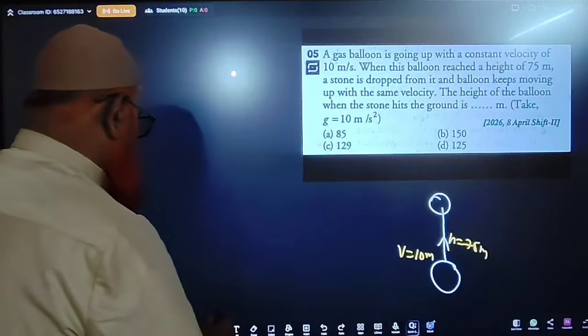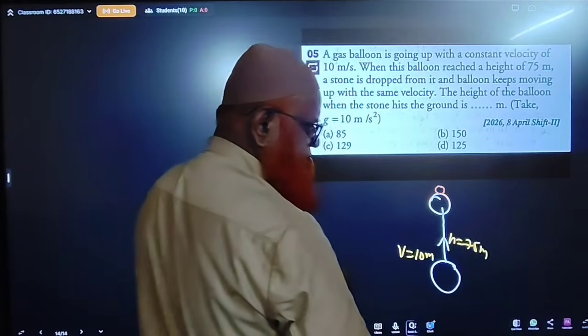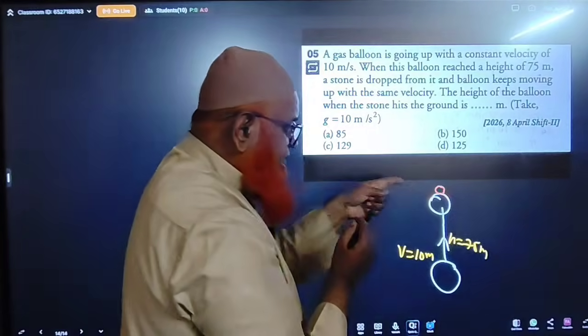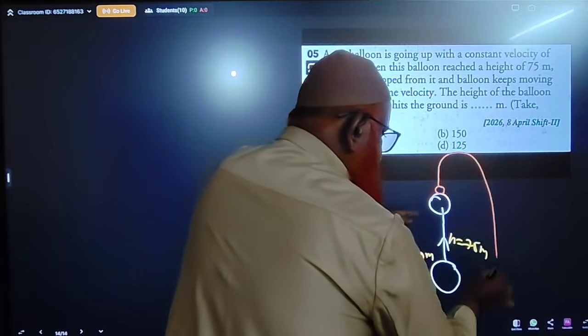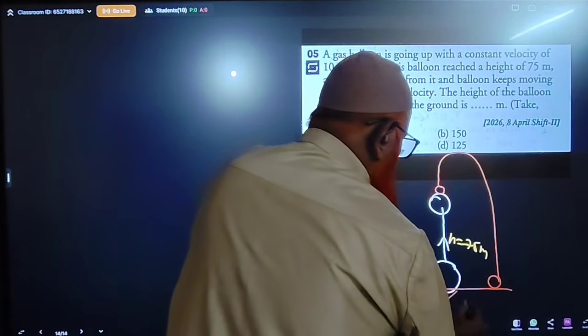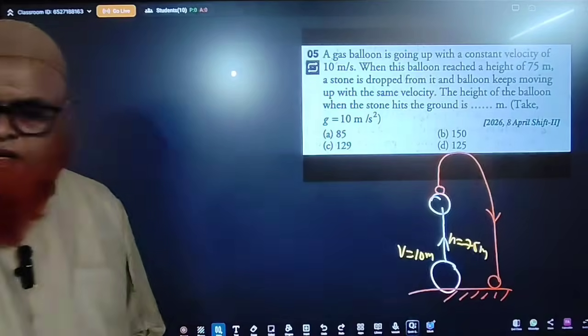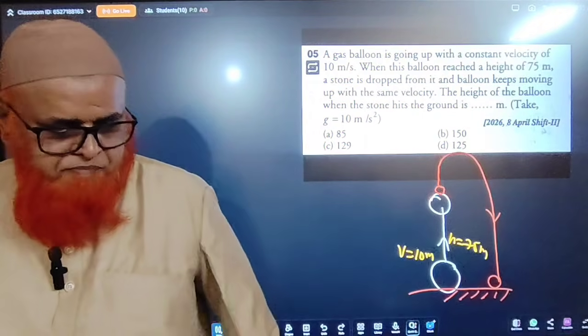And from that position, there was one stone which was attached to the balloon, and the balloon continues moving upwards. But at 75 meters, the stone has been thrown, and the stone reaches the ground like this. See, if we drop a stone like this,